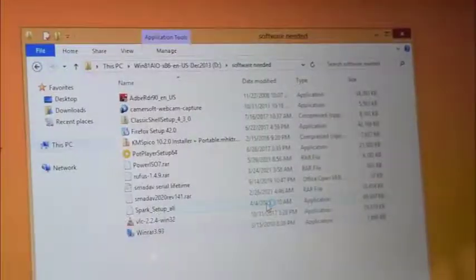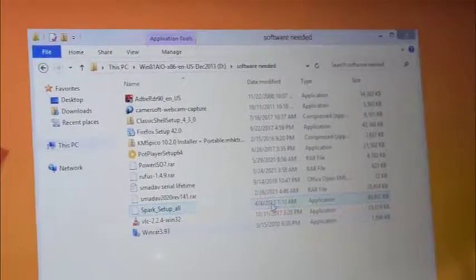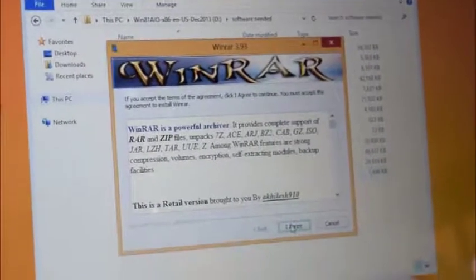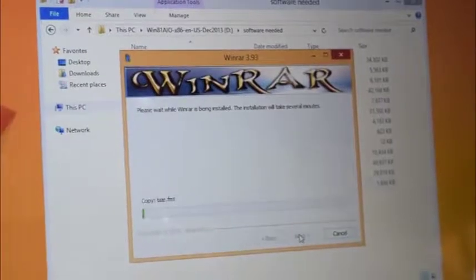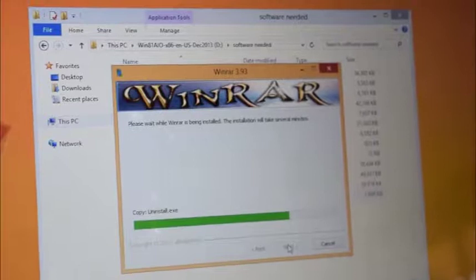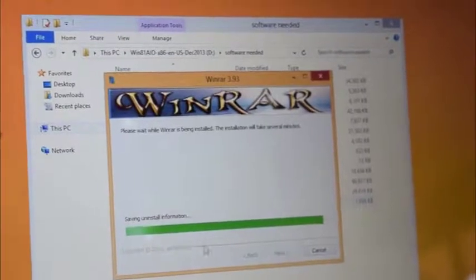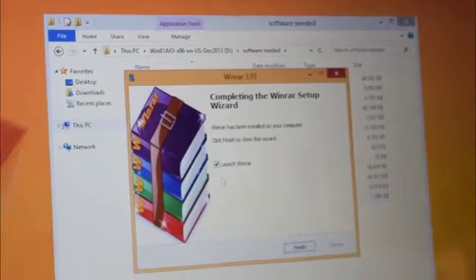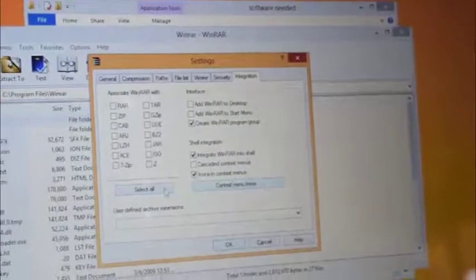Then it will ask you whether you want to continue with it. Then I want to continue. Then I'll agree with the terms and conditions. Then I'll install the software. So finally it comes here and we can finish. Let's install one other software, then we can call it a day. Can accept all, then we close it. Let's install any other software. We can install, let's say, the Spark,